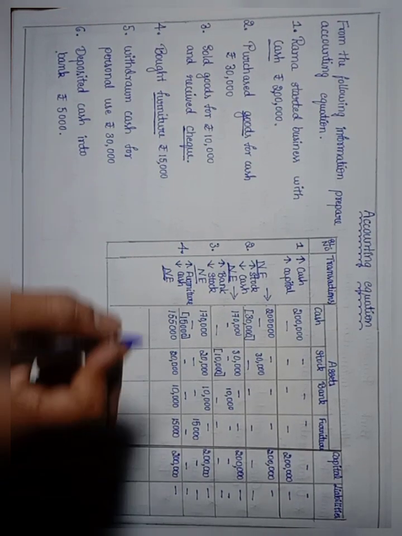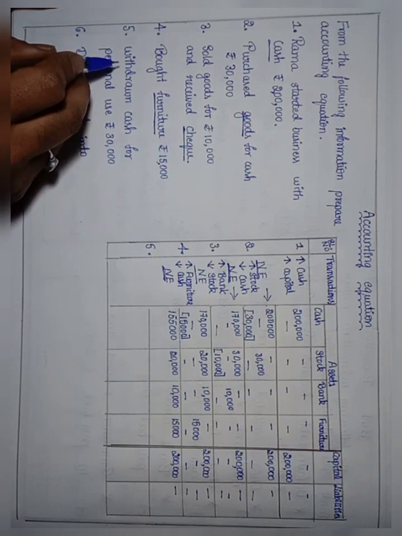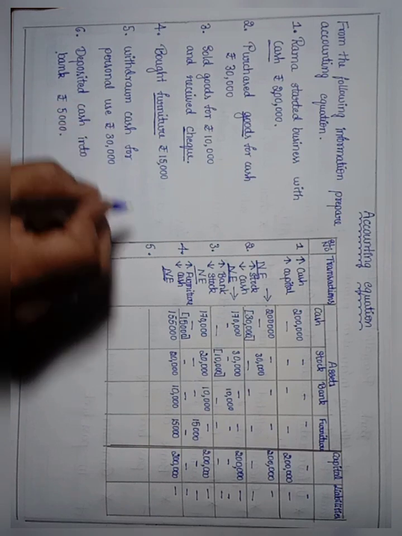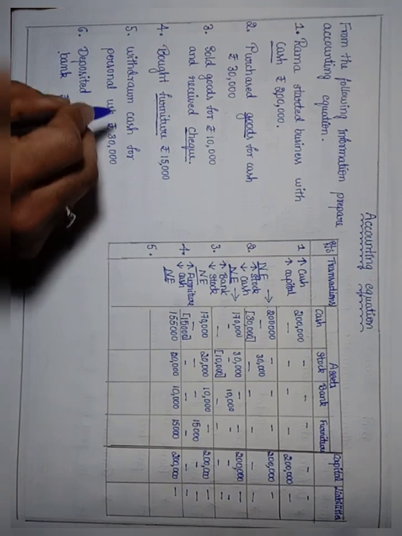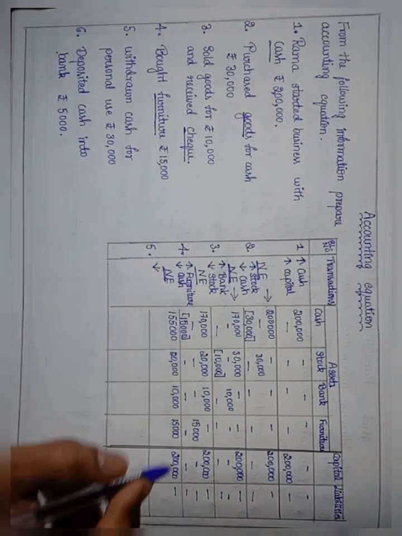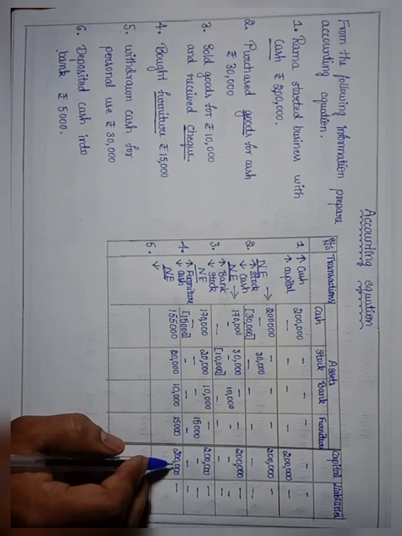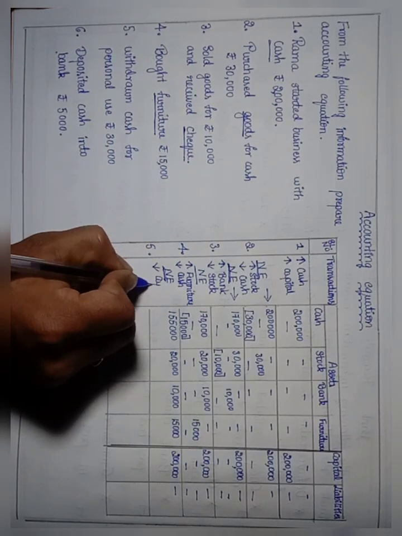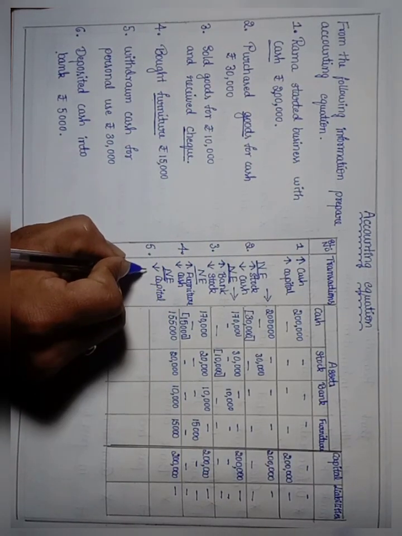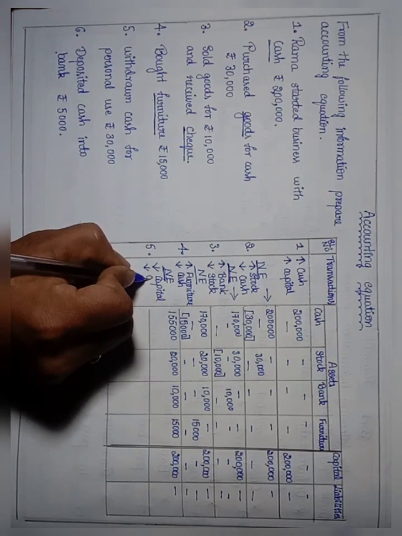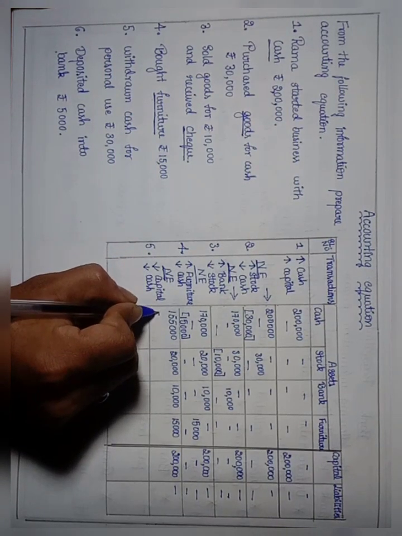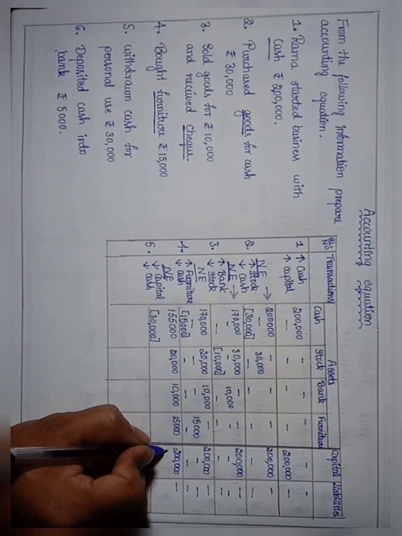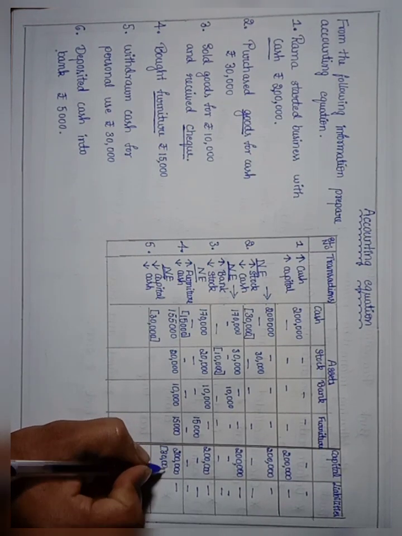then we don't have any liabilities. Then fifth one, withdrawn cash for personal use, which means owner is withdrawing for his personal use, that is called as drawings. So it will decrease capital because he is having 2 lakh rupees fund in business. Out of this, if he is using 30,000, it will decrease capital. Then 30,000 rupees going out cash, so it will decrease cash also. That is 30,000 rupees amount will decrease. Then 30,000 rupees capital will decrease.